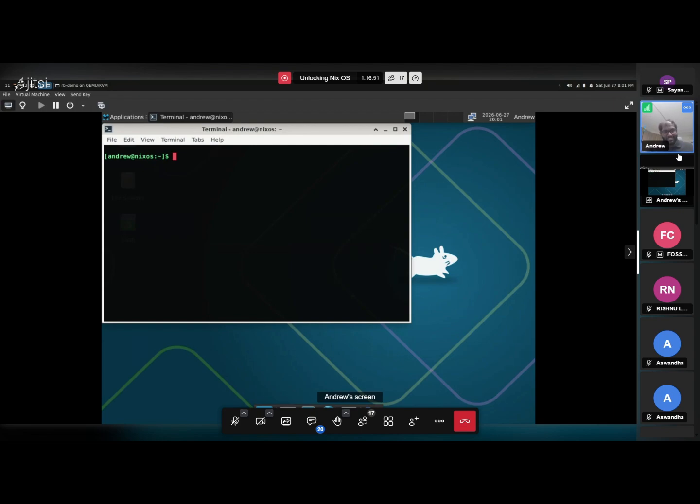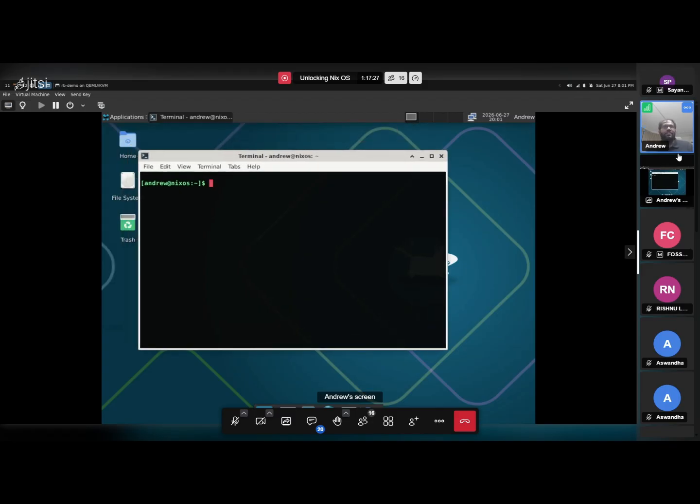So you can hack your system, hack in the sense you can modify your system however much you want, which is the reason I am an employed person, I run an engineering team. I still have the freedom to mess with my Bluetooth drivers, mess around with these things. In a pure Linux fashion, I can mess and break my system, but I can still go into work. So after this call, I have a meeting, and I can join that meeting even if my Bluetooth driver is broken. I can just go to an older version of NixOS where the Bluetooth driver was not messed up, and it'll work. It's really cool, right? So those are really cool NixOS features.